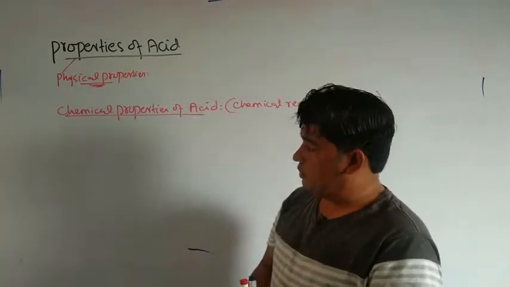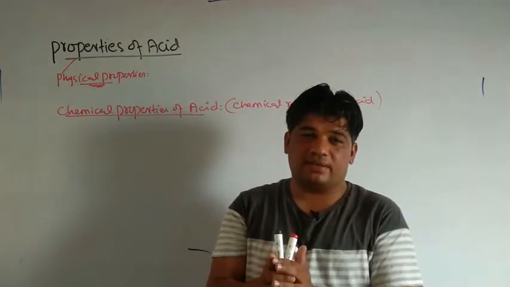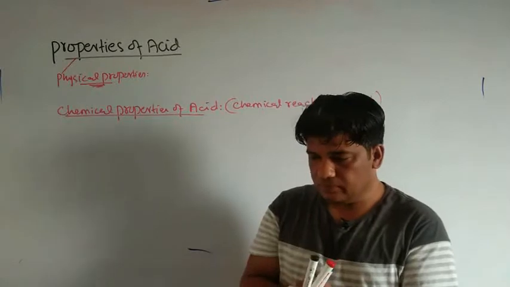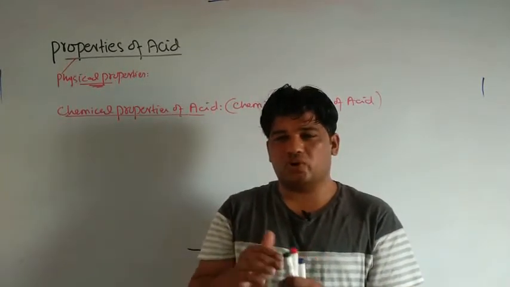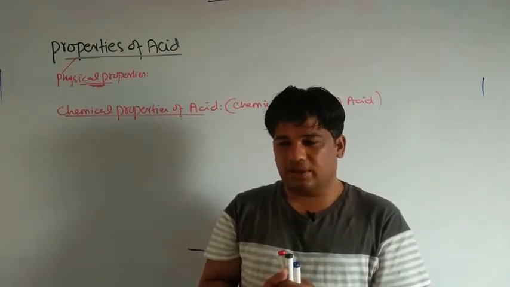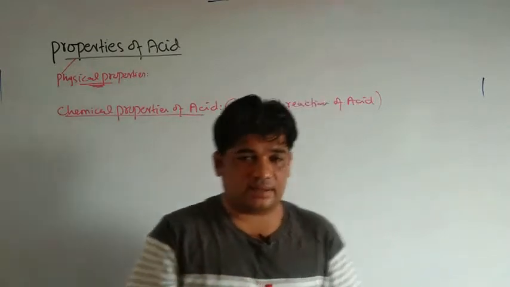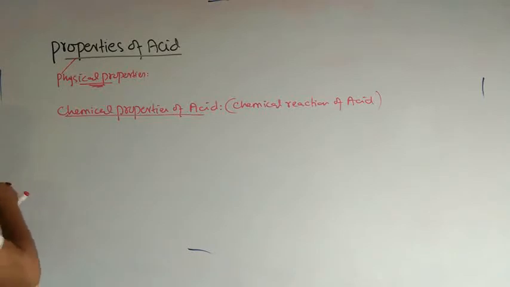But today we will only focus on the chemical properties of the acid, chemical reactions of the acids. देखिए व्यूअर्स, एसिड्स के बहुत सारे रिएक्शन हो सकते हैं, केमिकल प्रॉपर्टी हो सकते हैं, लेकिन हमने वन बाय वन देखना है कि कौन से केमिकल प्रॉपर्टी ऑफ द एसिड्स पॉसिबल हैं. जो पहला प्रॉपर्टी ऑफ द एसिड्स है,